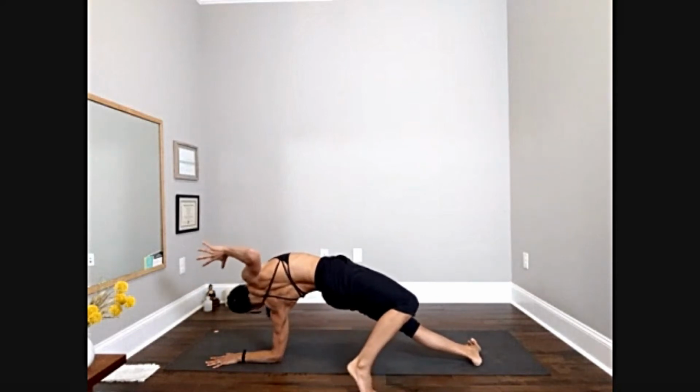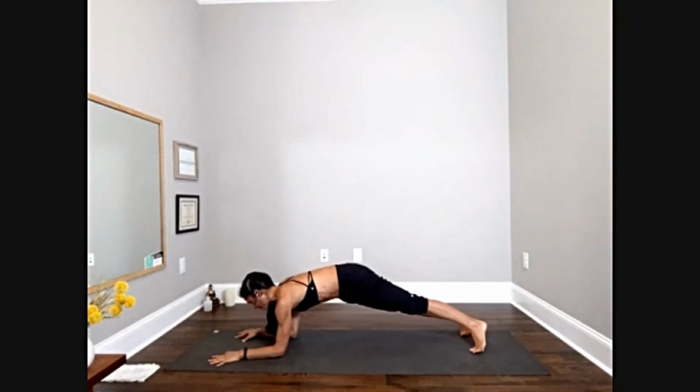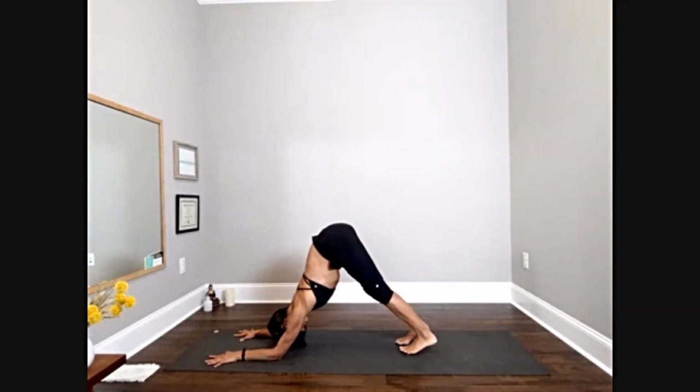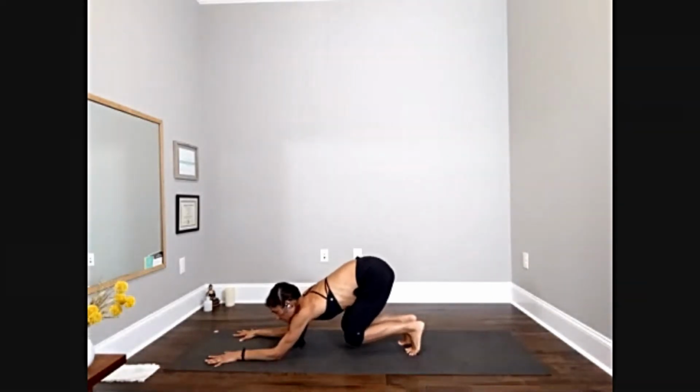Inhale. To forearm plank, exhale. Walk your feet in for dolphin, inhale. And then bend your knees, look forward. Chaturanga,